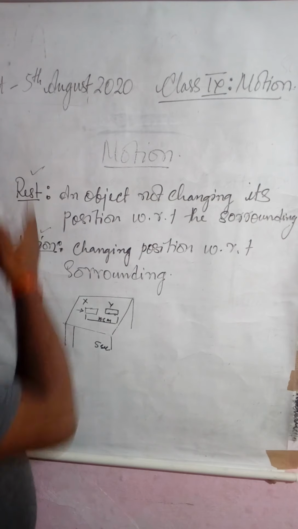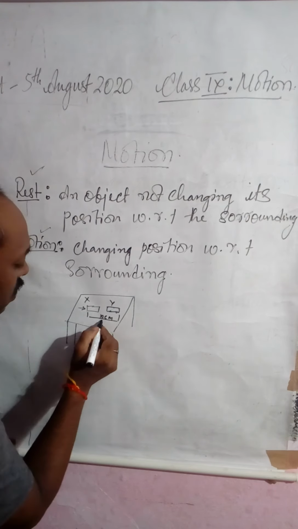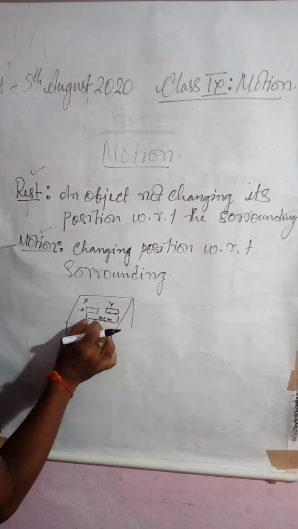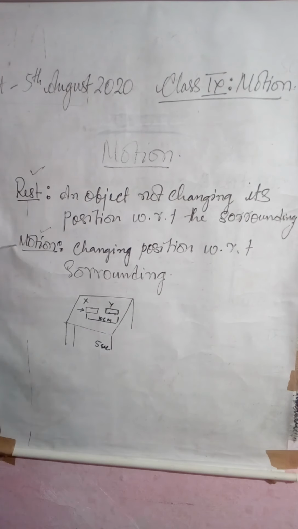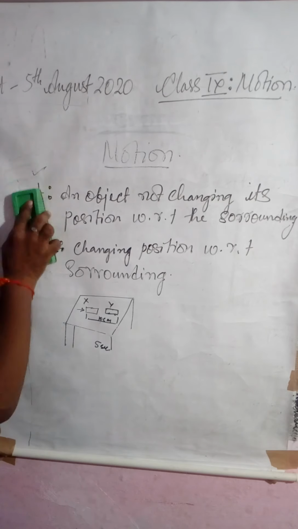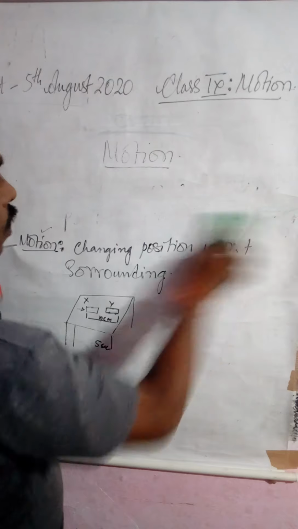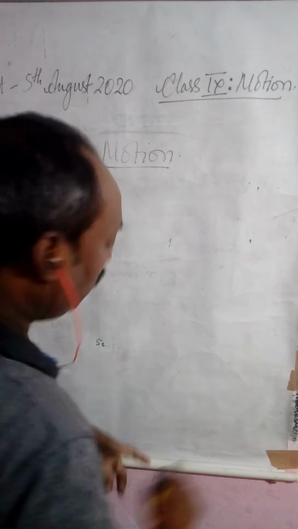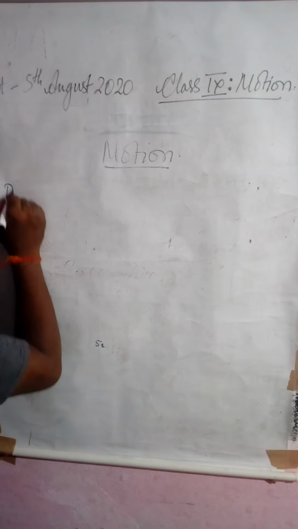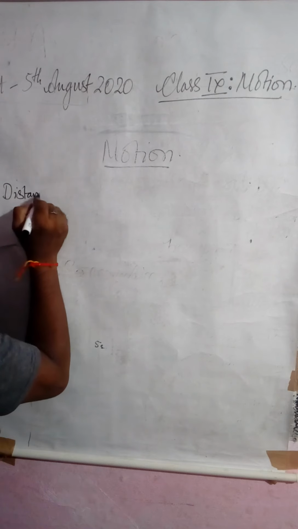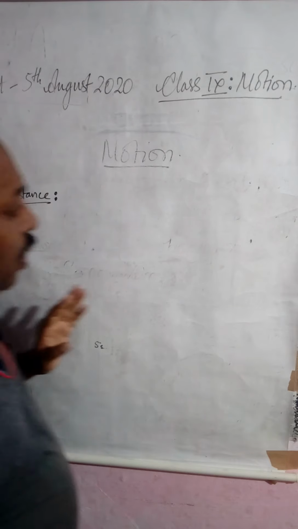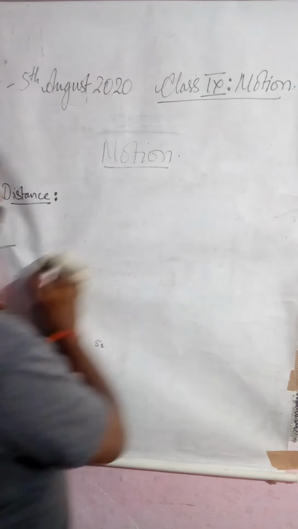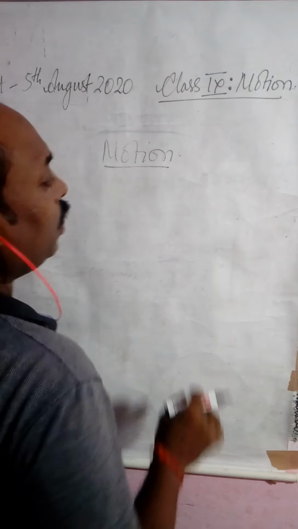Now, when we are defining these things, I have told you about distance. This is the distance which has been covered from X to Y position by the movement of the object. Now, we need to define this term called distance. So, we will go through 2 more terms in this regard. First one, I am going to tell you about distance. When distance has to be defined, we need to define it in terms of its unit, that is meter, kilometer or centimeter, whichever unit we are using.